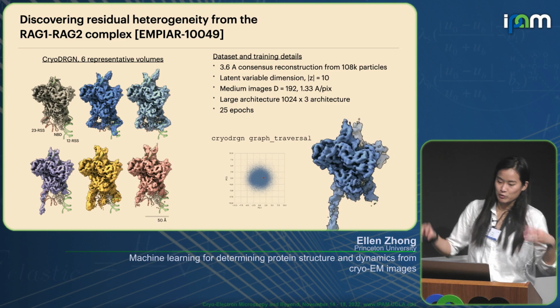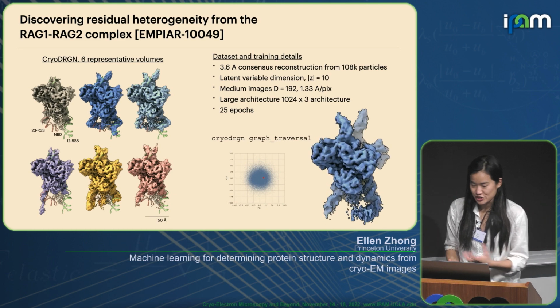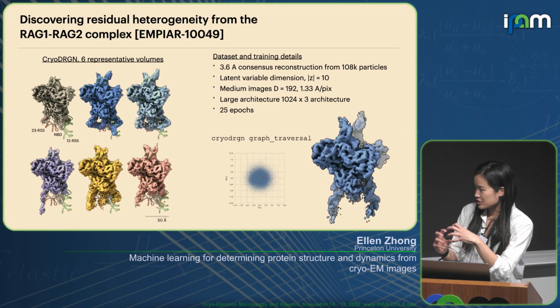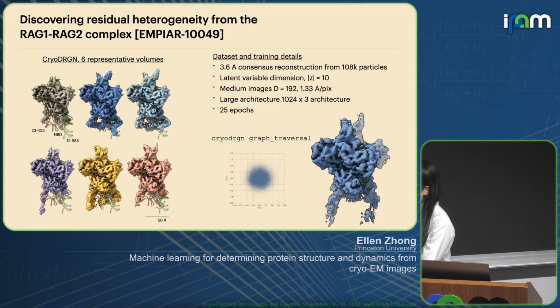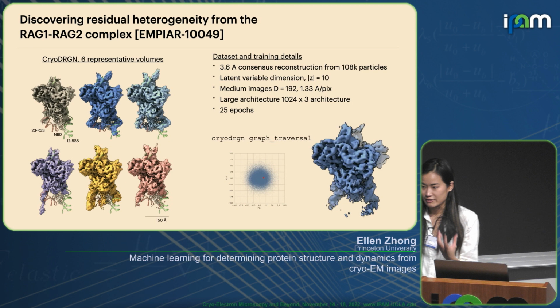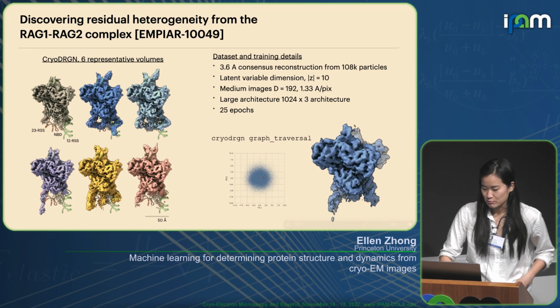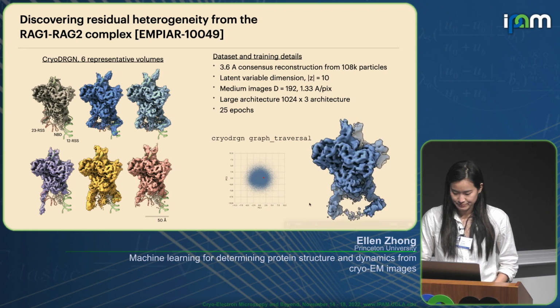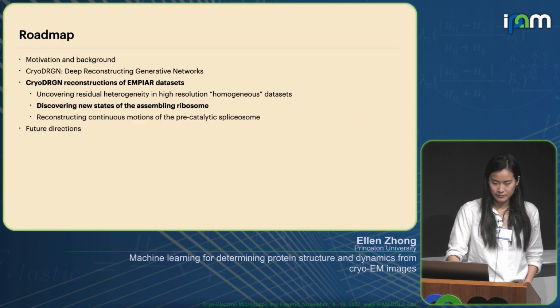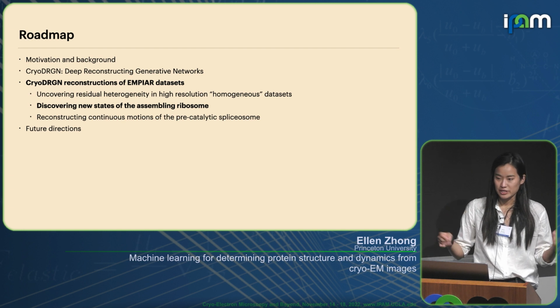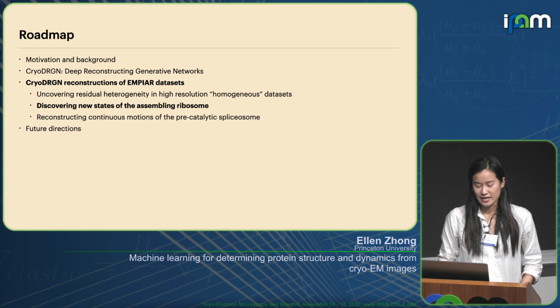And when we train the heterogeneous version of CryoDragon, we have the stable core, which is relatively homogeneous, but then we see all these DNA and protein elements that are kind of appearing and disappearing, or kind of folding and then denaturing below this stable core. So those were two data sets that were originally published as kind of homogeneous. The next test was